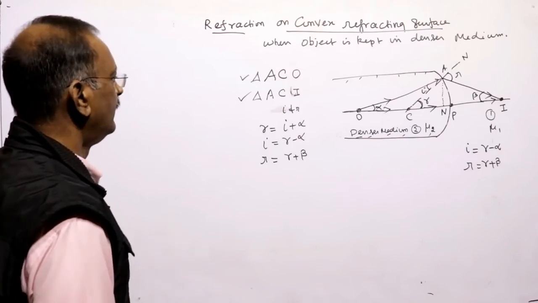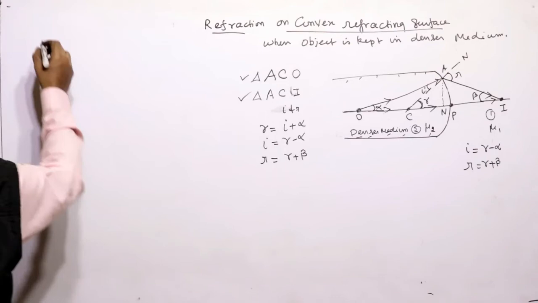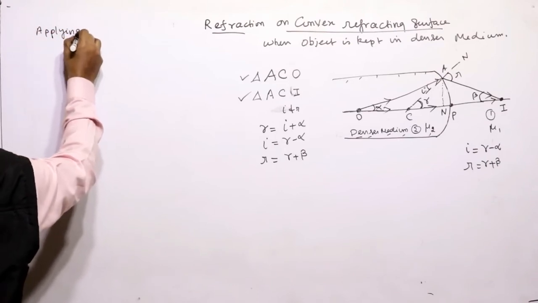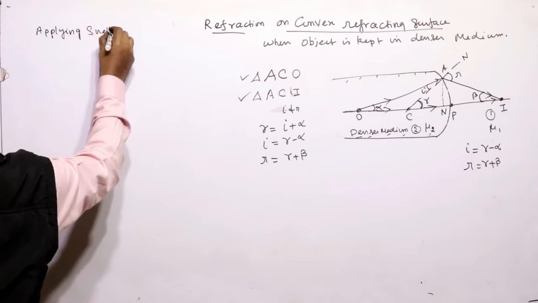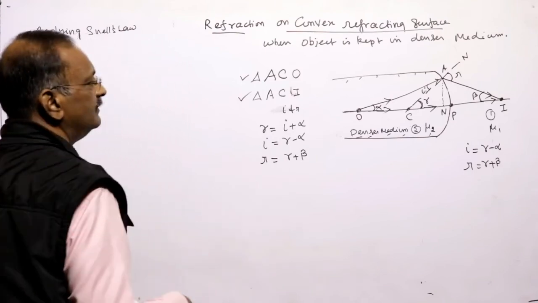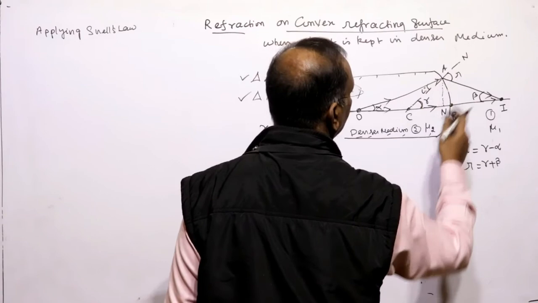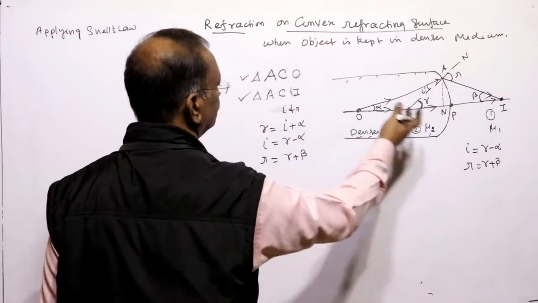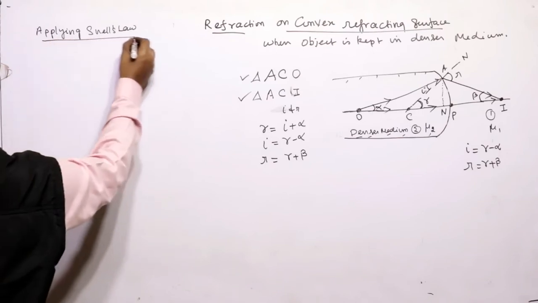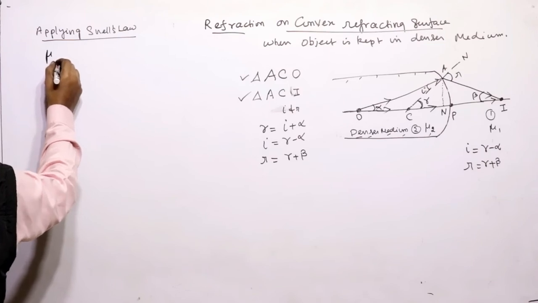Now next, you have to apply Snell's law. From this we have to find alpha and beta, taking the triangles for alpha, beta, and gamma. First step is ACO, then second step is alpha, beta. Applying Snell's law,